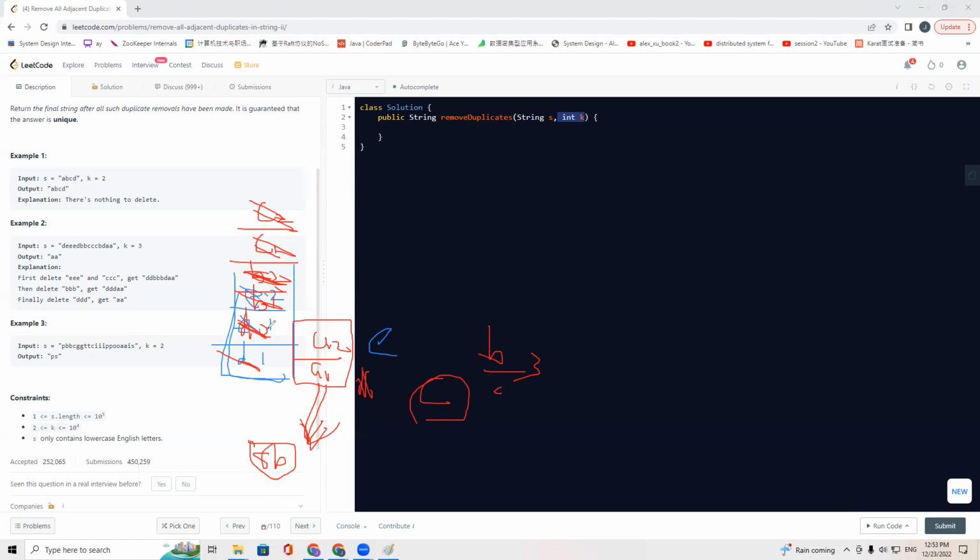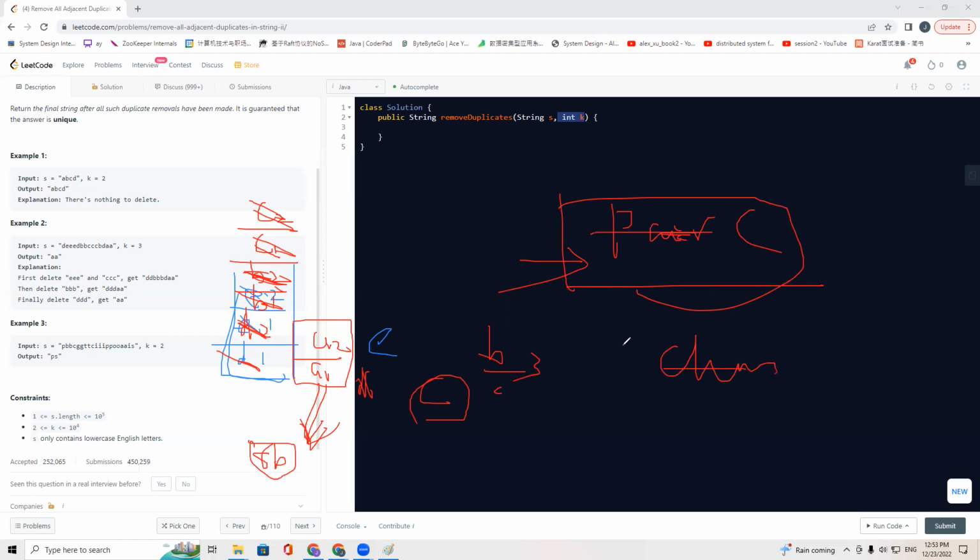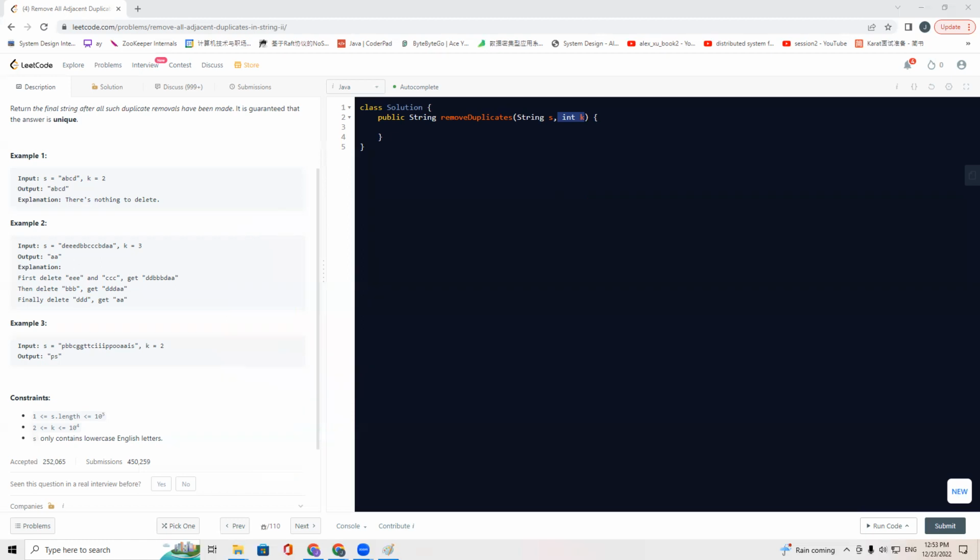So let's begin to write code. We have two approaches. One approach is that we can create a pair class with two attributes: one is the character, another is the count, and have a stack to store the pairs. If we don't want to have a class called Pair, we can have two stacks and keep them the same size. Let's write code for this, and we are going to have the deque of character, deck1,